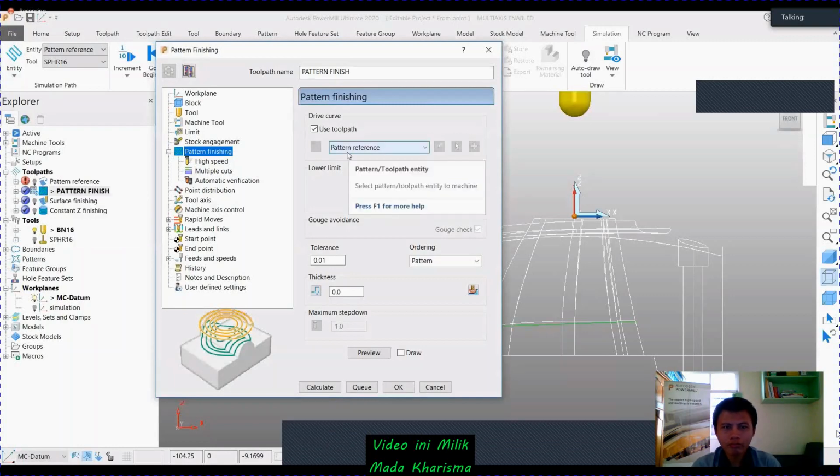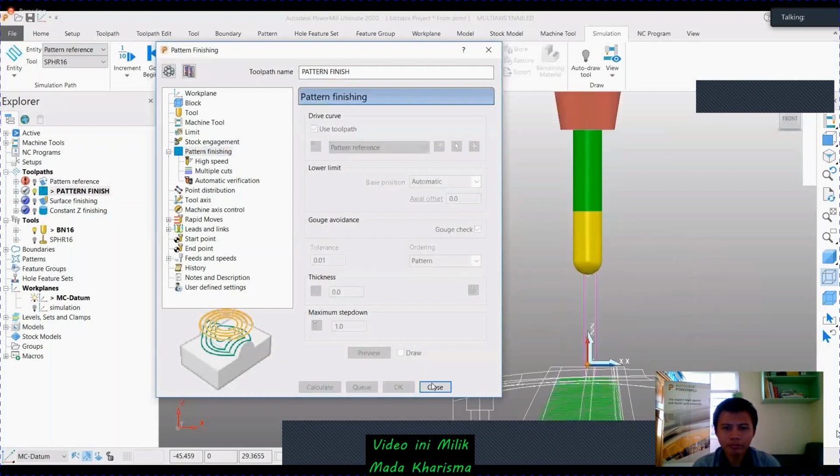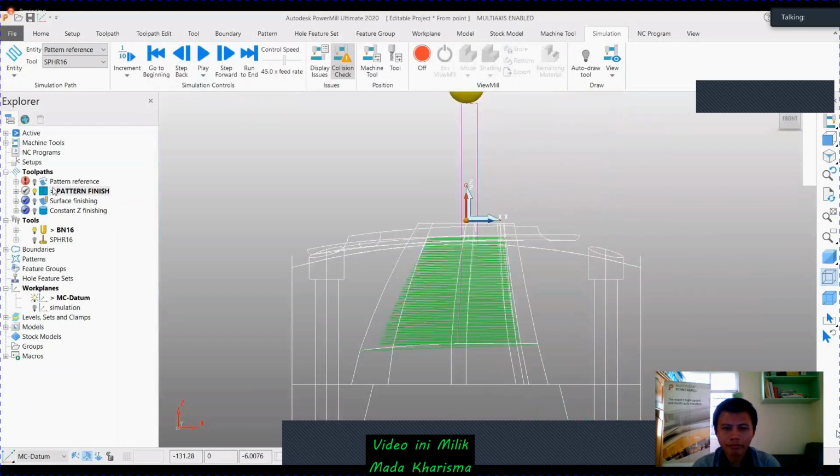So what it will do here, I'm using an actual ball nose tool, but my path has to follow the pattern finishing pattern reference which I had given earlier. Now see what will happen. If you go to the simulation and control my speed here, see now based on the point, it won't move away from the point.